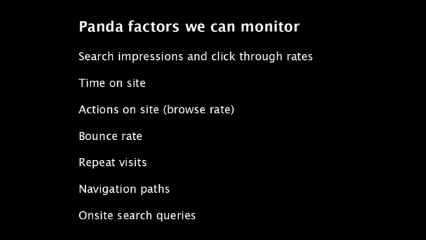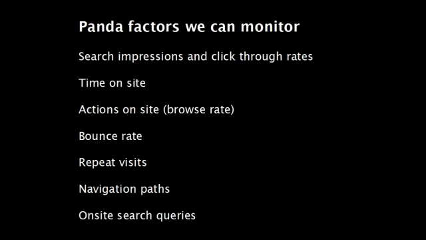Okay, Panda factors we can monitor. Because we don't have access to the questions that were asked, we don't have access to the machine learning algorithm, we are not aware of the small changes they're making. I really like to stress in all my webinars that we're really ignorant of what's going on at the algorithm level. All we can do is kind of watch and observe and draw some theories from that and occasionally test them. But there's some factors we can watch because we know that user engagement, and we also know that Google's using these same metrics to gauge user engagement and user satisfaction. We can kind of monitor these. I can't say honestly that I know that these are precisely the factors, but these are ones we can monitor.